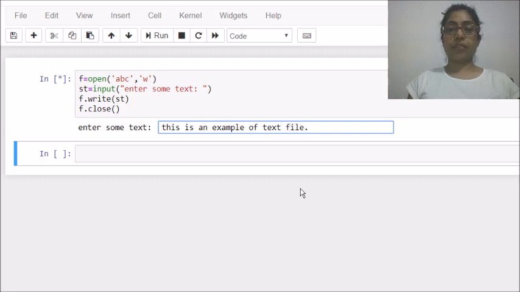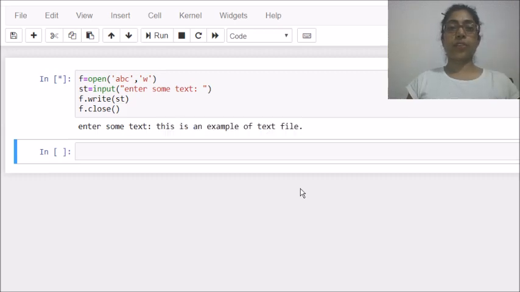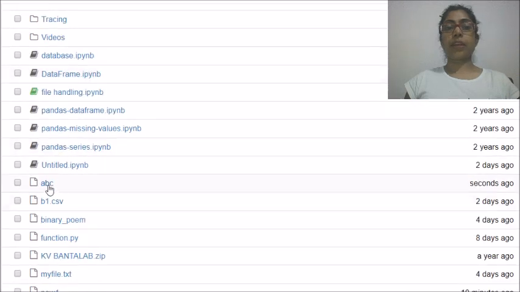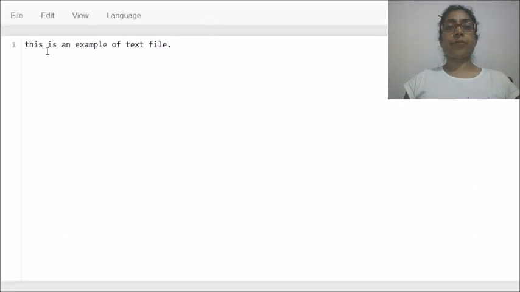Okay, so this is what I want to enter in the file. Now let's check whether the file is created in my directory. You can see the ABC file is created here, and that file contains the text which I wrote for the input: this is an example of the text file.